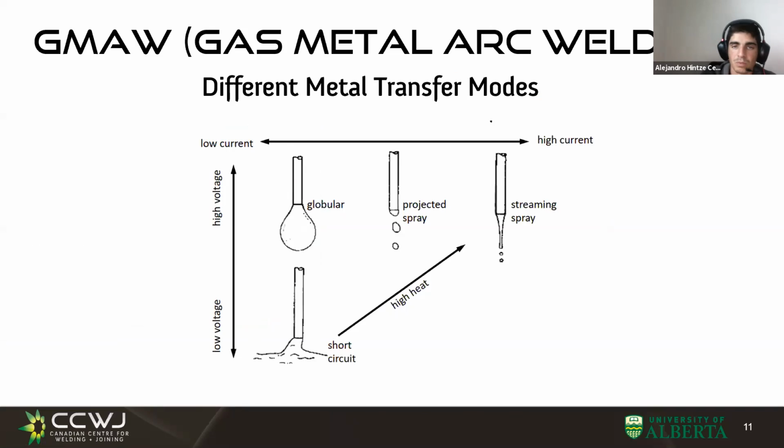But by changing one of them and the other ones, we can go through short circuit to globular, and from globular to spray. And then we will see two other types of metal transfers. I think we went through the different types of metal transfers when we went through gas metal arc welding,